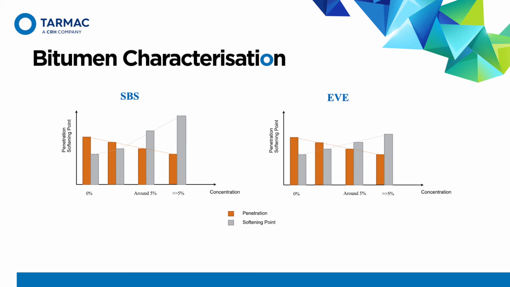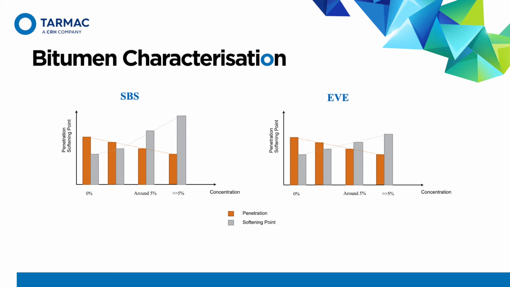In terms of softening point, the material also changes behavior, and there is an increase in the softening point, meaning that a higher temperature would be required. However, with the SBS material, it can be noticed that from around 5% and above, there is a sudden increase in the required softening point temperature, and this is due to the formation of the 3D structure at around 5% and above. For the plastomer type, EVA, again the same trend is observed,